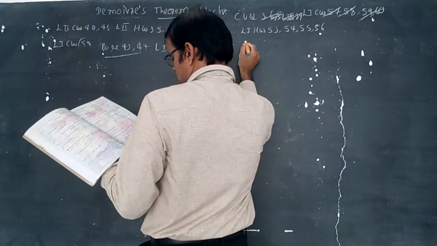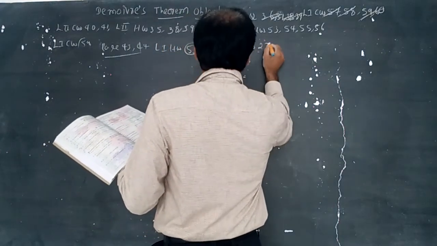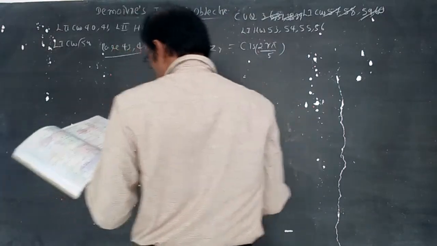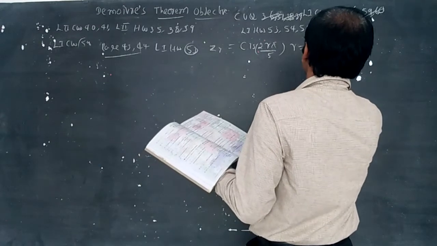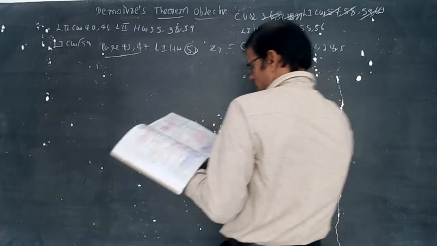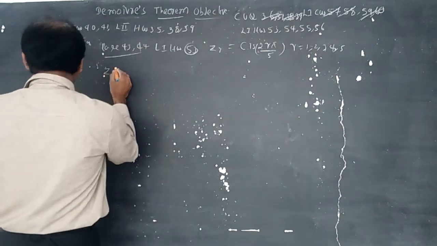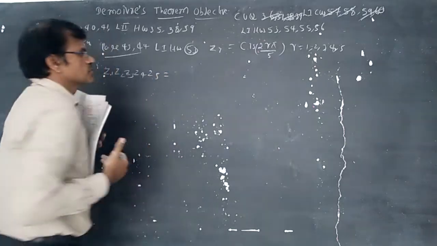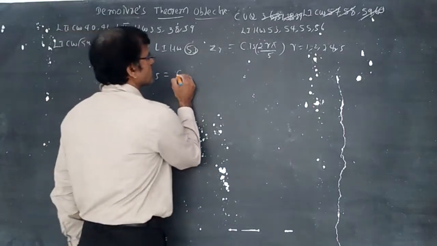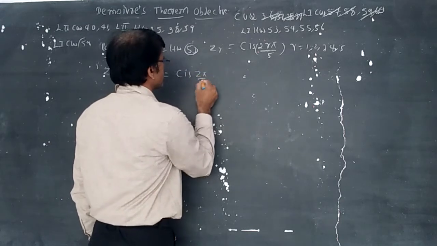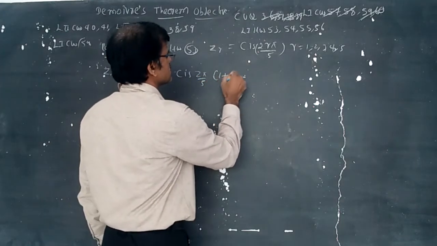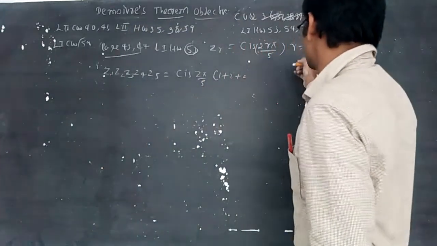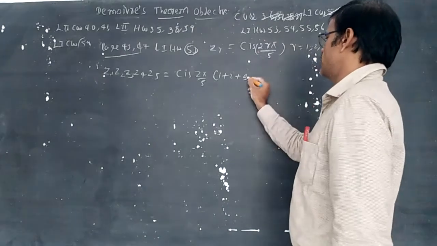Z r is equal to cis 2 r pi by 5, r is equal to 1, 2, 3, 4, 5 given. Find Z1 into Z2 into Z3 into Z4 into Z5. So cis 2 pi by 5 directly we take common. Cis 2 pi by 5 into within brackets 1 plus 2 plus 2r, 2 pi by 5 having taken common. So r will substitute everything, 1 plus 2 plus 3 plus 4 plus 5.